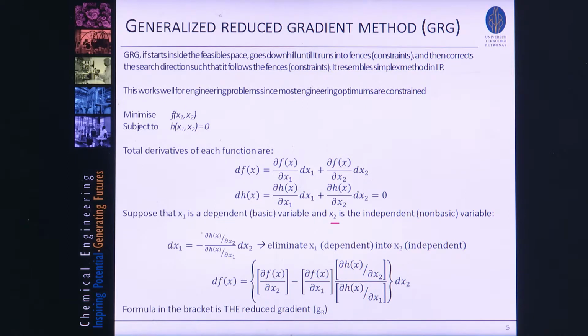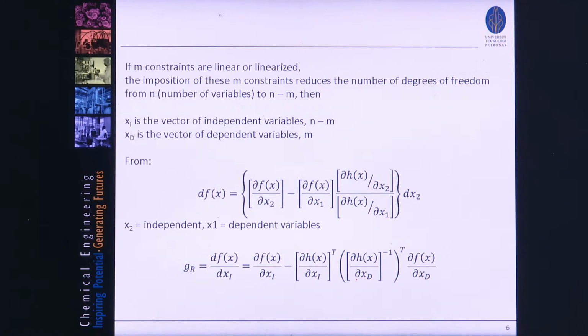So if we have, for example, the constraint, we set the constraint equal to 0, and then we get x1 equals something in the form of x2. We put that x1 back into the equation of the objective function, so we get this. This formula in the bracket is what we call the reduced gradient. So we know now x2 is our independent variable, x1 is the dependent variable, and this reduced gradient is then the df dx1,